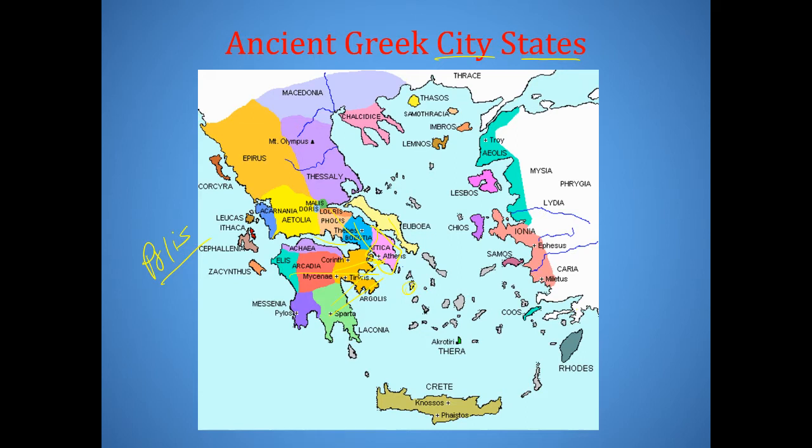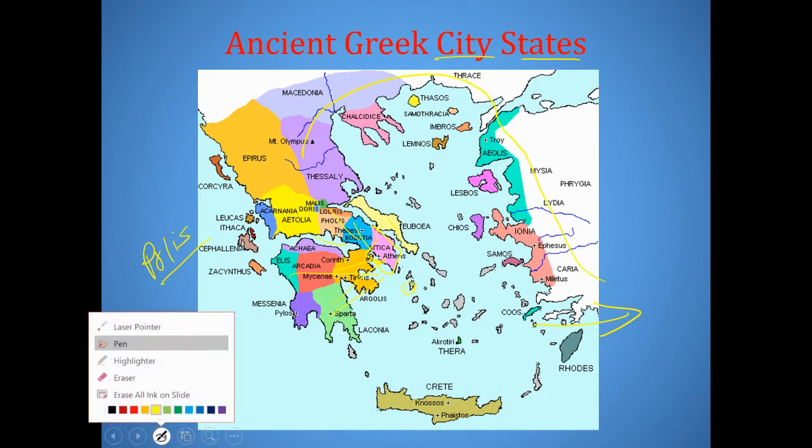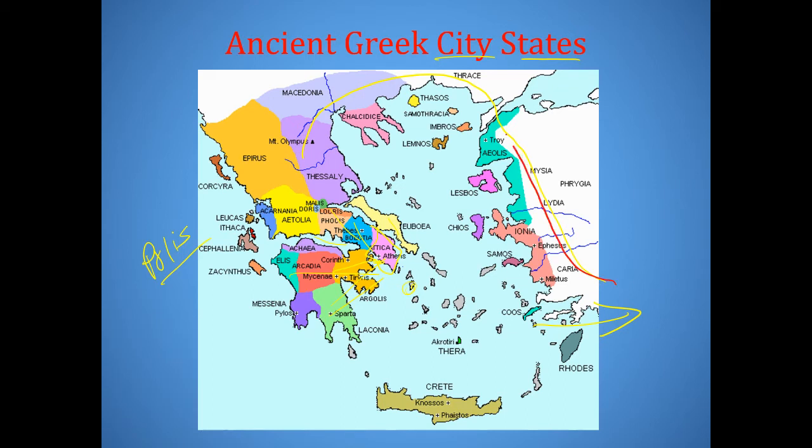And what was happening is that the Persians, who were way off this direction over in Iran, were marching an army up around here. I'm going to do this in red really quickly so you can see that. They were marching an army up and around here. And that army was the most massive army anyone had ever seen in the world. And they had actually managed to get all the way down into Athens and burn the city to the ground, as I mentioned before. While Athens was building this navy, the Spartans were gathering together an army. You're going to see why this history is incredibly important in a moment.